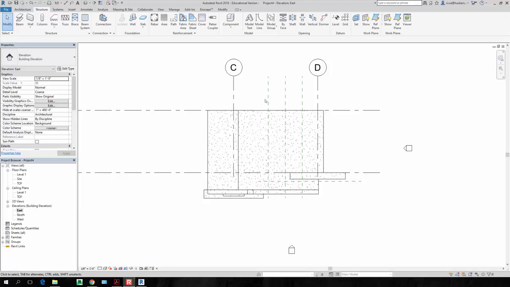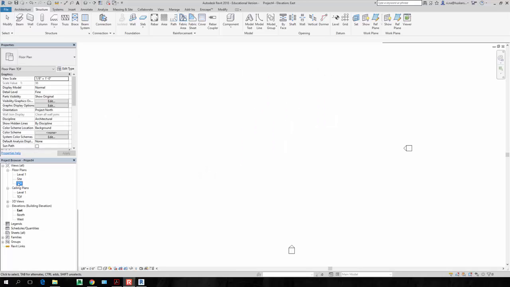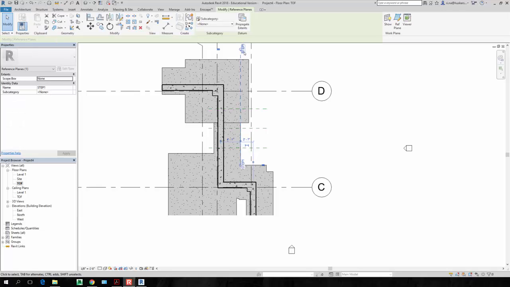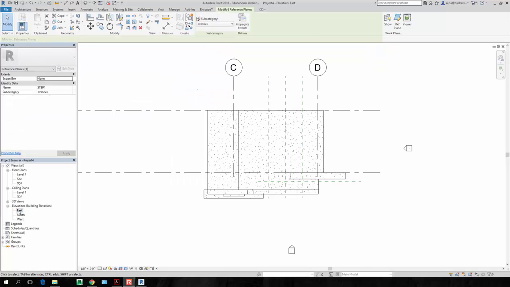So there's another named reference plane we just did, right? What did you name it? I just named it step 1. So I use that to create step footing 1. Not this one, right? The named one is actually this line. This line, you see that? We call it step 1. This line you need a name. Other lines you don't need a name, right? So let's go to east elevation again. So the next step we need to do is,